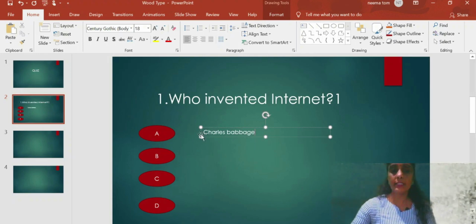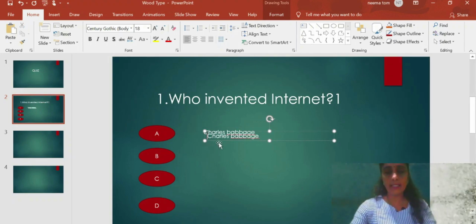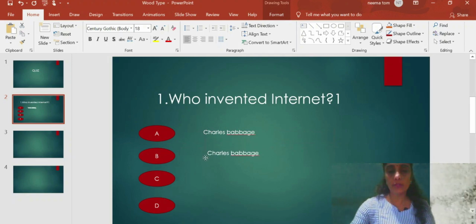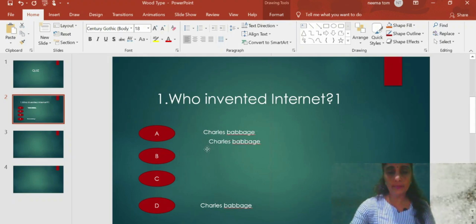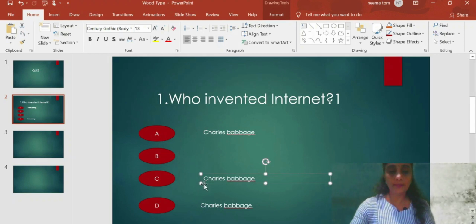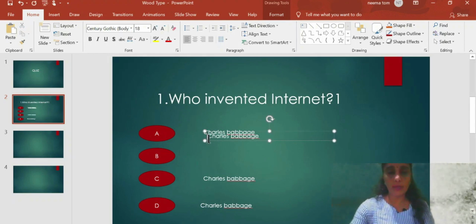And I am taking a copy of this text box, pasting it here and moving it. Again I am pasting one more, and moving that to the C option. One more text box I am pasting, and copying to here.